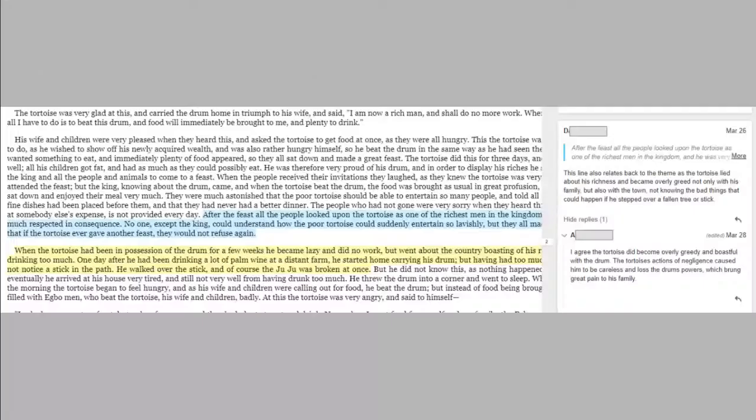So what that looked like, for example, was this. And so this way I showed you, Summerlin mentioned earlier, the highlighting. You can turn it on or off, but as you can see, this student, they are blue, that's the highlighting they clicked on. So this line also relates back to the theme, because the tortoise lied about his richness. He became overly greedy, not only with his family, with his town. And someone else was like, oh, you're right, that was greedy and boastful. This led him to be careless. Because they're directly in the text, they can see those connections better,